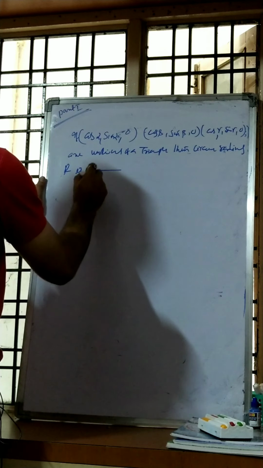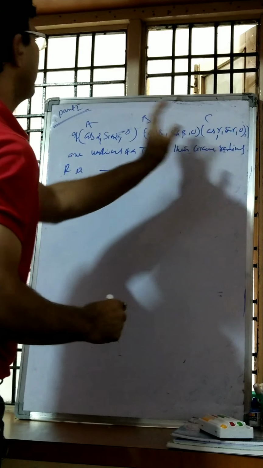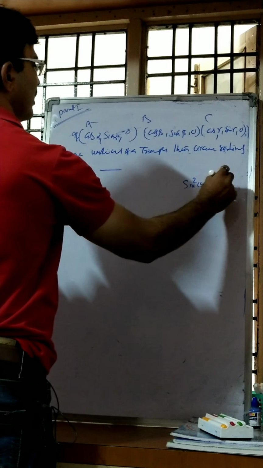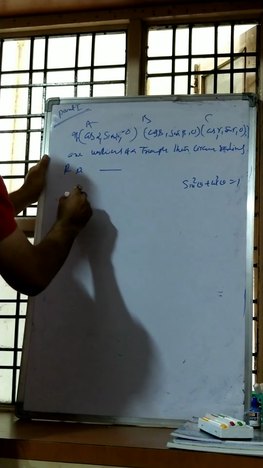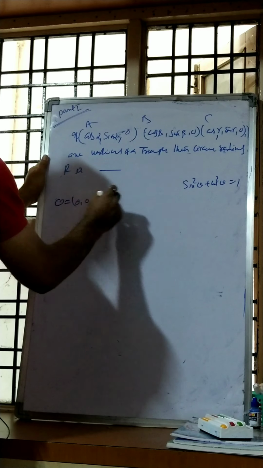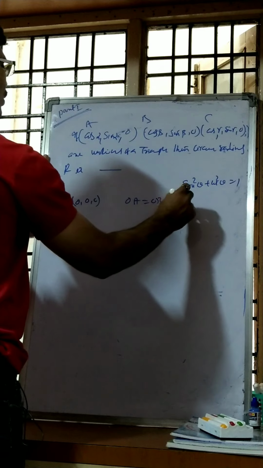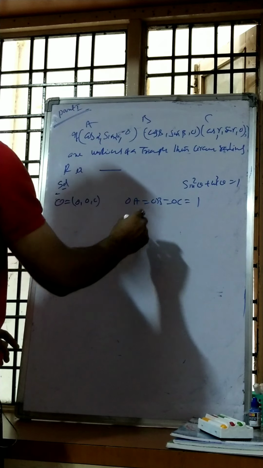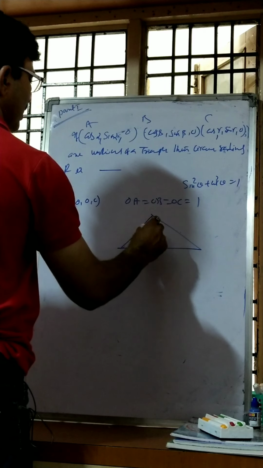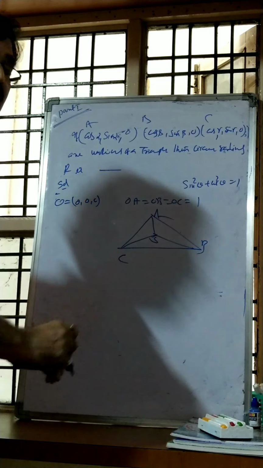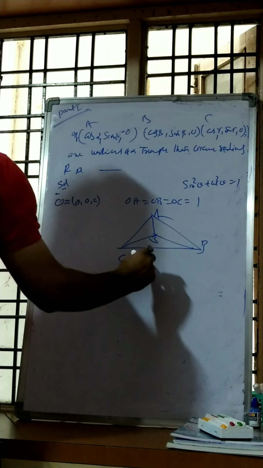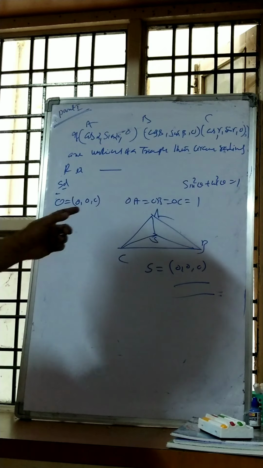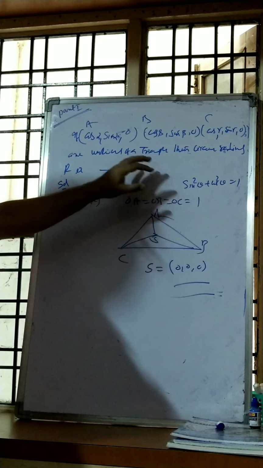Sir, very simple. Sometimes we should have patience here. If you take these as vertices, then you just concentrate. You know very well that sin square theta plus cos square theta is 1. So suppose you take the origin O, and OA is equal to OB is equal to OC, which is 1 only, or not? You just check it out and tell. Yes, sir. So if it is 1, the circumcenter is equidistant to the vertices of a triangle. So that's the reason the circumcenter becomes 0, 0, 0. Okay, like this. Technically you also have to be careful with this one.